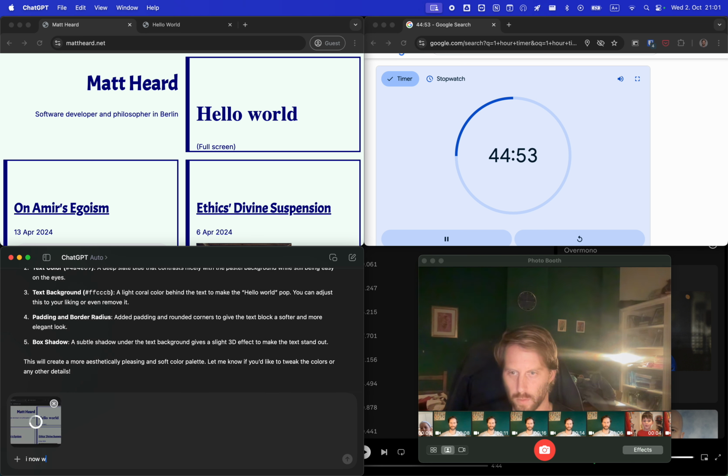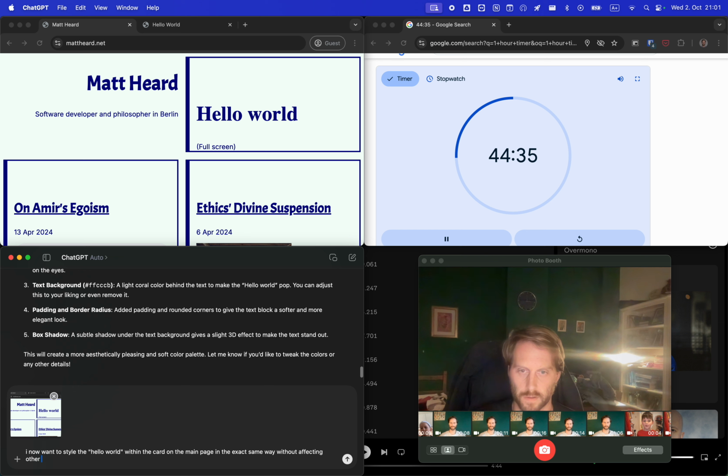I now want to style the hello world within the card on the main page in the exact same way without affecting other cards. The ID of the containing div is 2024